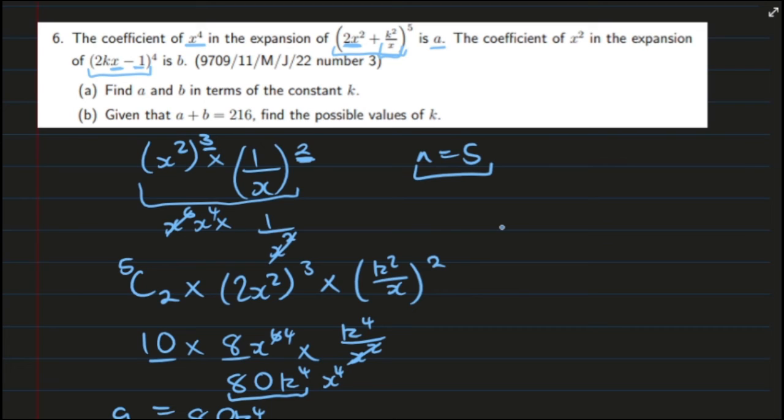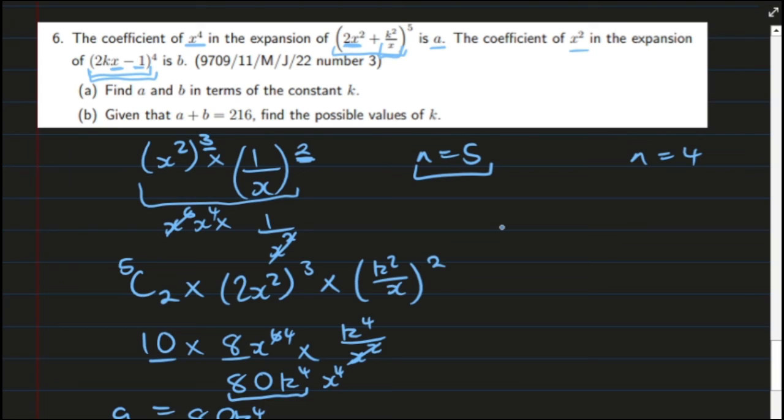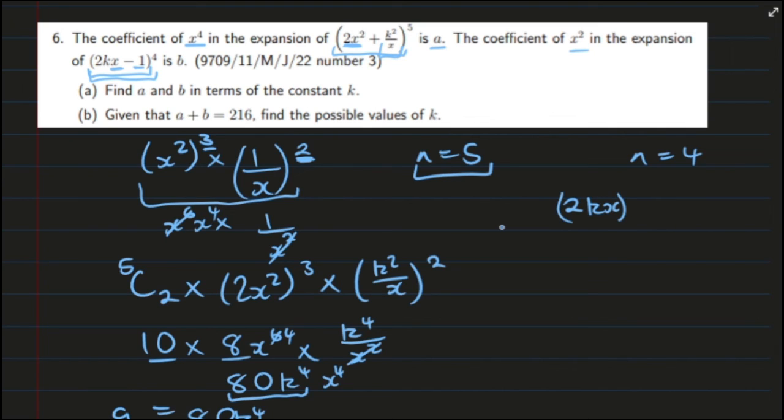Okay, so now let's find b. The coefficient of x squared in the expansion of (2kx minus 1) to the power 4 is b. So what we can do here, we know that our n is 4 and we want the term in x squared, so that means we're going to have to put (2kx) to the power 2, and remember that our powers have to add up to 4, they have to add up to n, so in this case it means our other power must be a 2, because 2 plus 2 is 4,